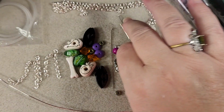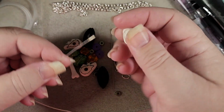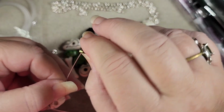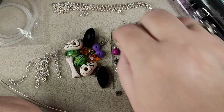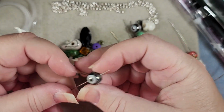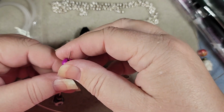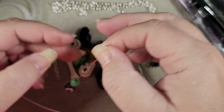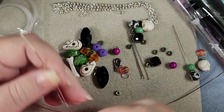We're going to have dangles hanging from our bar here, and those dangles are going to be the skull, one of the spacers here, and the melon. Then we're going to have the eye, one of the spacers, and one of the howlite pieces. Or magnesite. I'm not sure which it is, but I'm sort of pushing on them in case you didn't notice, and that's why I'm doing that is to